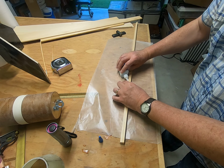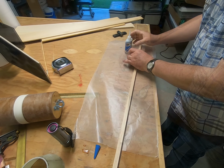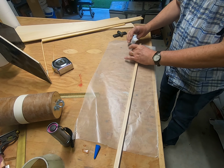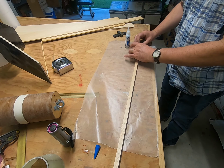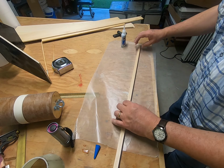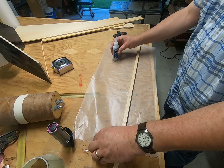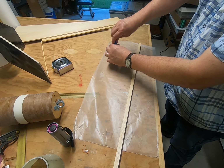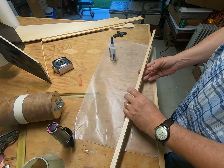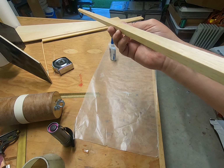So I'm just pinching them, holding them together, letting it wick in. Yeah, those eyes are starting to burn. Fumes coming up off of this. Okay. I'll go back through that some more after that cures, if I can keep from gluing myself to it. That should be a fairly straight